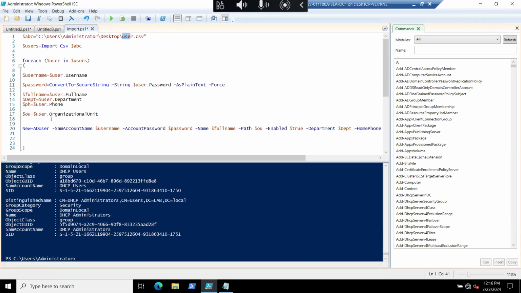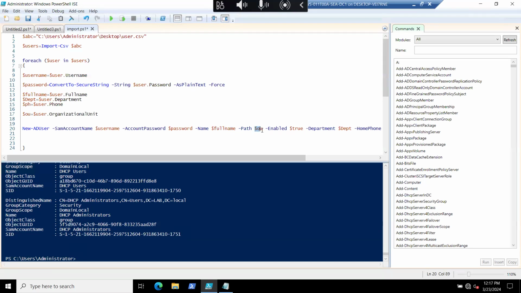And here it will try to create a New-ADUser, with account name equal to username, account password equal to password. So these are the variables, right? So we need to put those variables here: username, password, another variable, full name, another variable, and